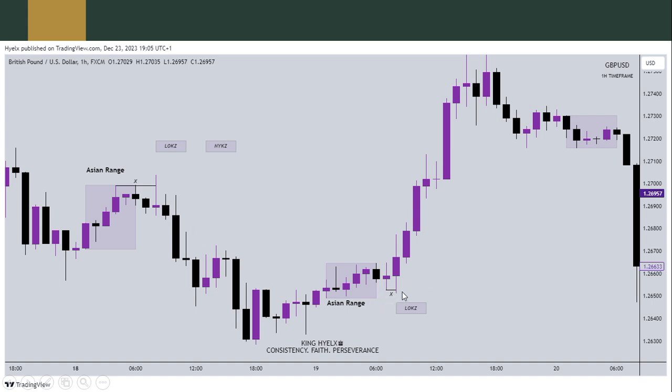Now over here you would notice, I think that was why I brought in this example, right? I wanted to show you the exceptions. You can see that price clearly did not take out liquidity below the Asian range, because sometimes it's not always going to be a guarantee that the liquidity pool price will go for is the one below or above the Asian range. Sometimes it could be that price has been trading in such a way that the liquidity pool it needs to grab before making its true movement is just below certain lows within the Asian range, right?